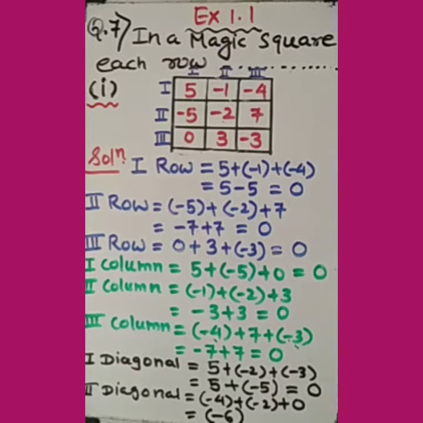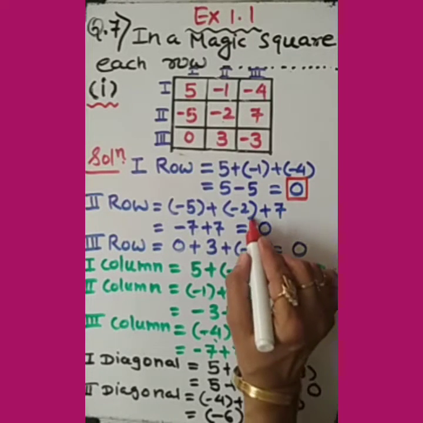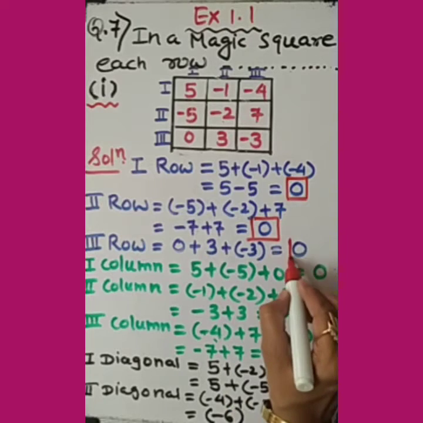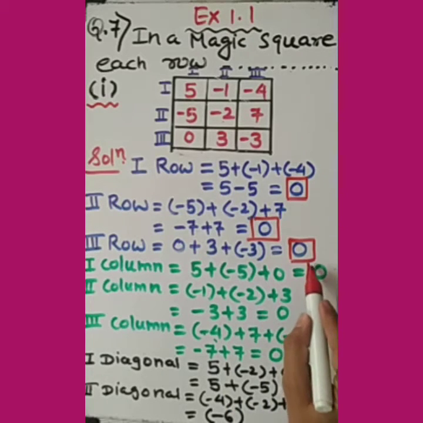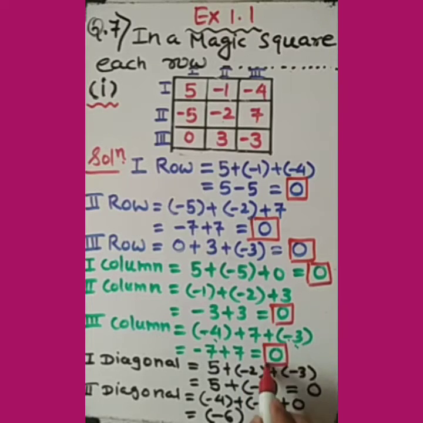Okay, now observe here. Here we are given first row, that is coming 0. Correct? Similarly, 0 in the column. This 0 also, here also 0. But the problem is with this number. It is not coming 0. So you need to write not equal to 0. This number is not equal to 0.